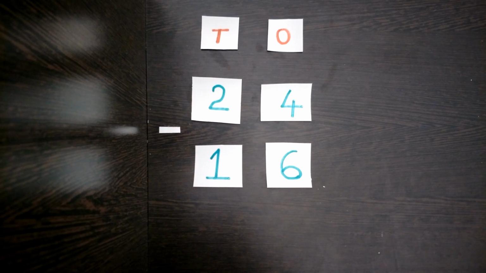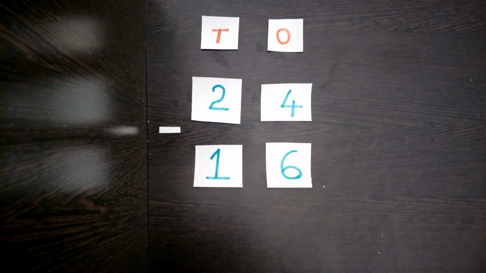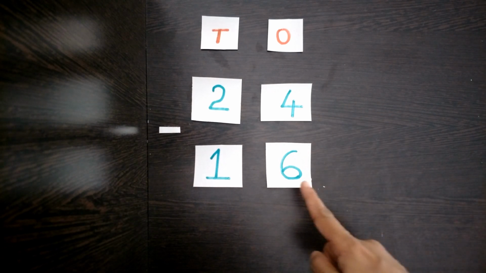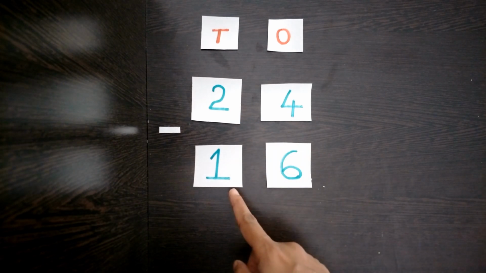In the same way, while doing subtraction, if in ones place the number on the top is smaller than the number at the bottom, come, let's see what the number in the ones place will do and whose help it will ask, okay? And children, the number that we need to subtract here is 16 from 24. And the symbol of subtraction is correct, minus. And come, let's see what are the numbers in ones place. It is 4 and 6. And the numbers in tens place are 2 and 1.